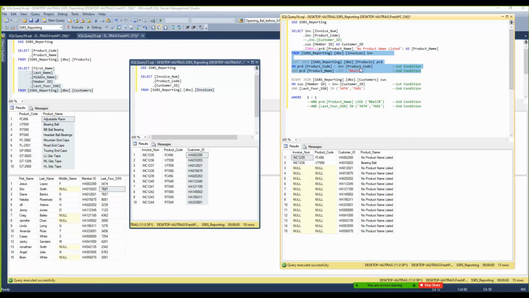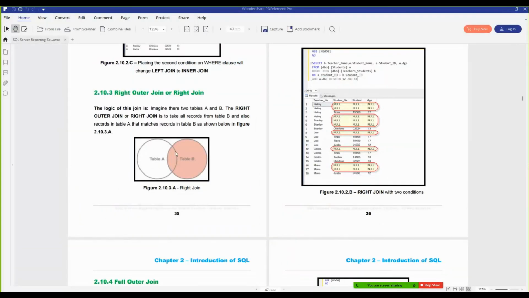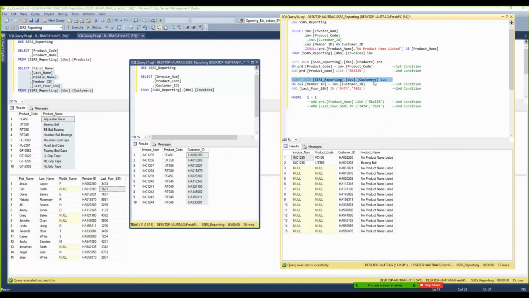Let's think about this as column A, and think about this as column B. So right join will take all of the records from column B. In this example, it is our customers table. We have 15 records. That's why we have 15 records. However, this is the right join, right? If you add this second condition on your where clause,